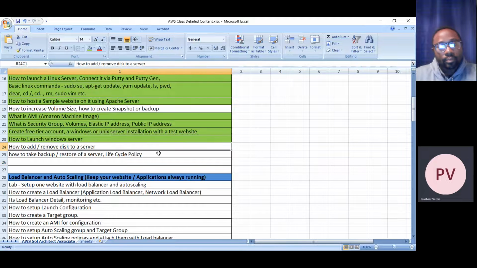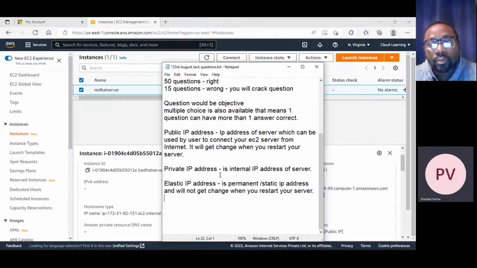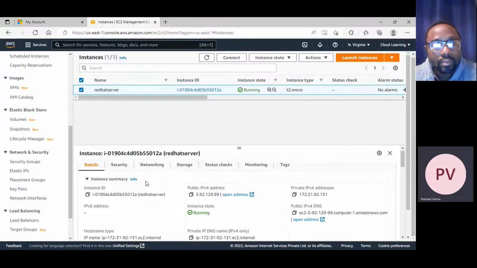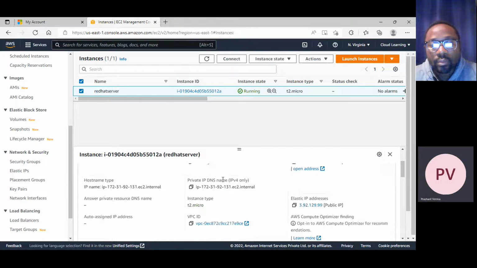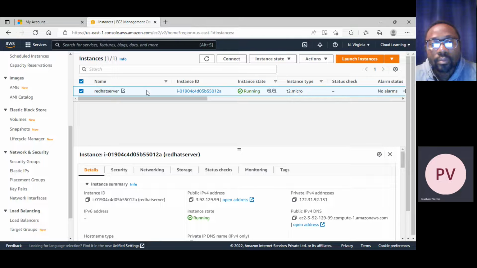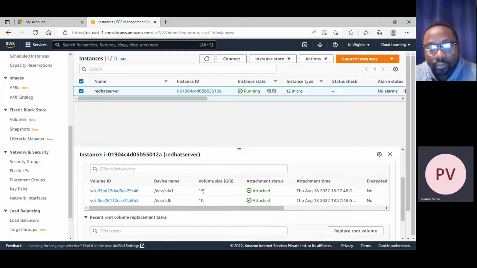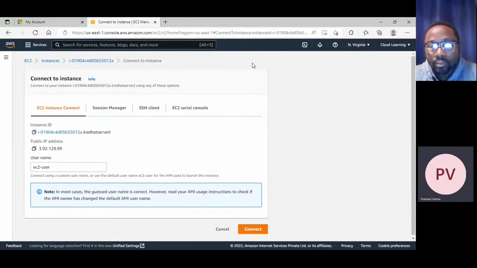Now, how to add or remove a disk? Before that, how to increase volume size? Suppose now the backup part comes into the picture. Suppose I want to increase the disk attached to this server. If you see, there are two disks attached. And if I click on Connect,